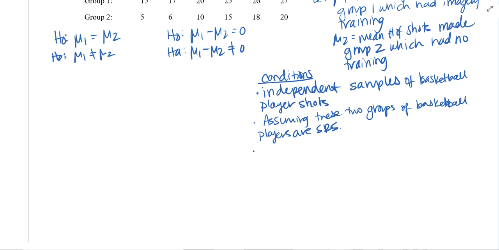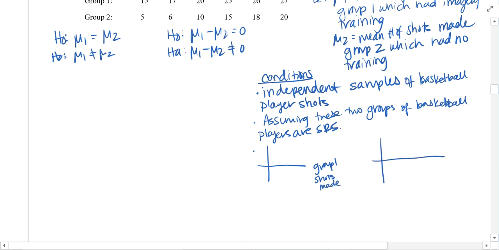So we can go ahead and do that. And then we're going to either do box plots or normal probability plots for each. So you're actually going to have two plots drawn on your paper. So we can label them like group 1 shots made. That's probably too small of a graph, but oh well. And group 2. So I'm doing normal probability plots. You can do whatever it is that you want to do. Just putting a scale on here.